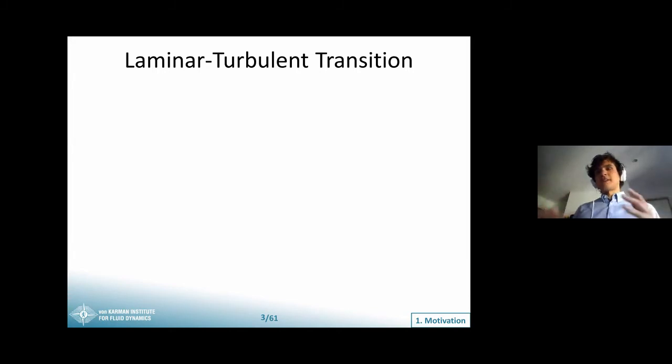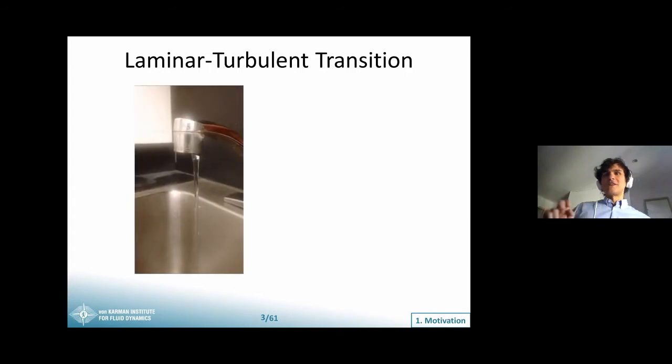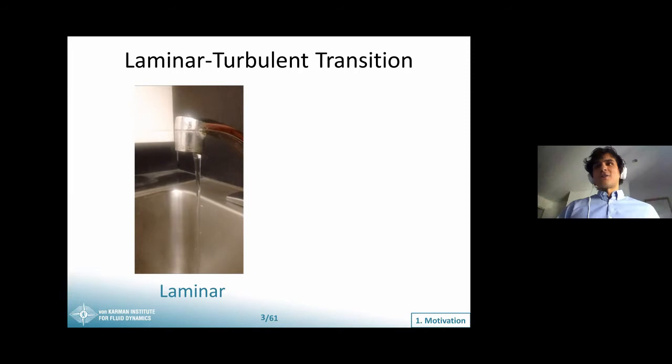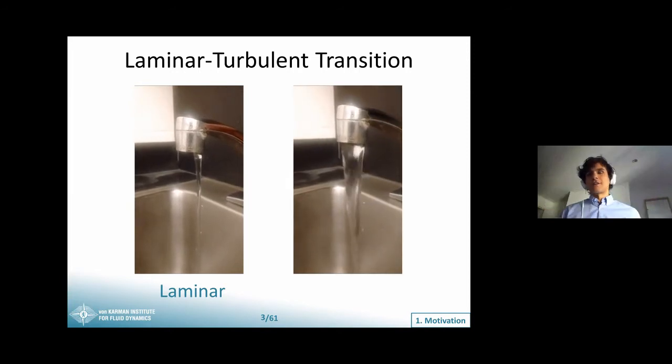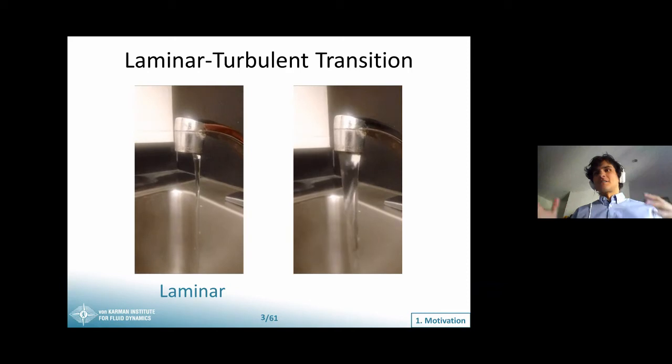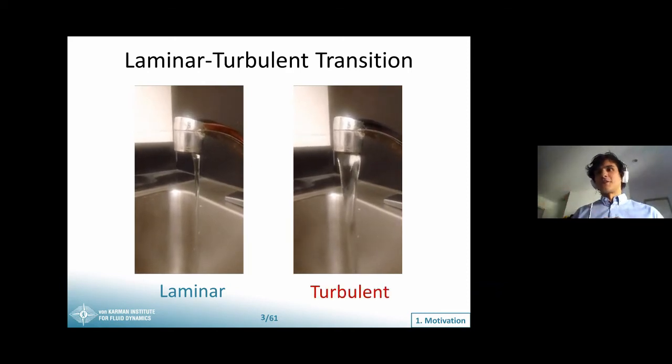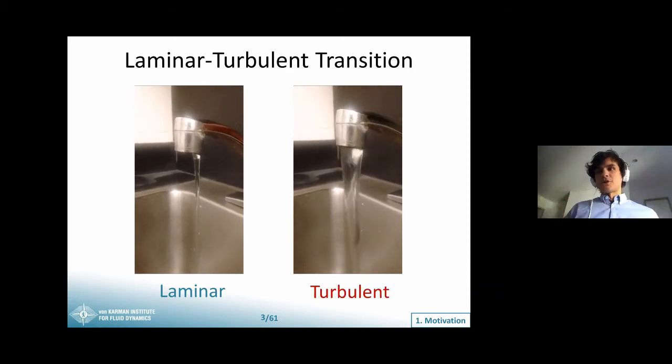So what is laminar to turbulent transition? To explain this, I like to use the example that my friend Kuhn often uses, and which almost everybody can relate to. If we think of when we open our water faucet at home, if we open it just a little bit, we will see a thread of water that is very ordered and looks kind of clean. So this is what we call a laminar flow. If we then open our faucet a lot more, we will see that the flow is no longer ordered and clean. It becomes this chaotic mess that varies a lot with time and so on. So this is what we call a turbulent regime.